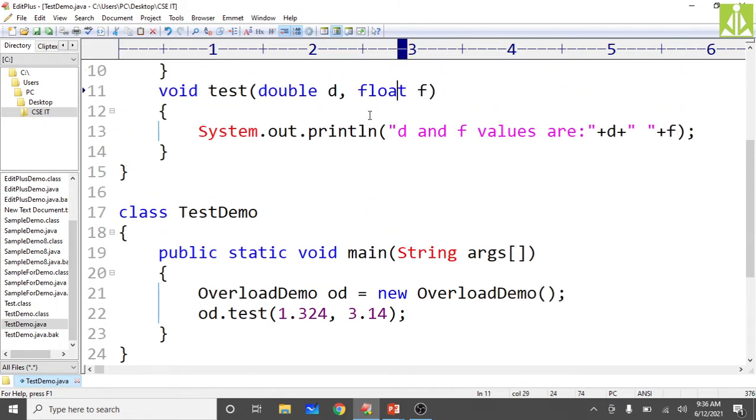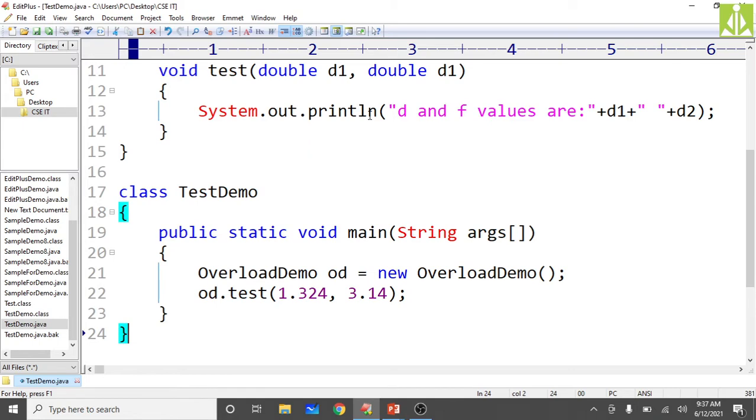Okay, I was expecting this error, because all the precision values by default are considered double only. Because of that reason, we are getting that error. There is no possible conversion from double to float. Okay, you have to make it explicit. So over here you make this d1 and this d2. So now save it, come down, and hopefully you will get the output.